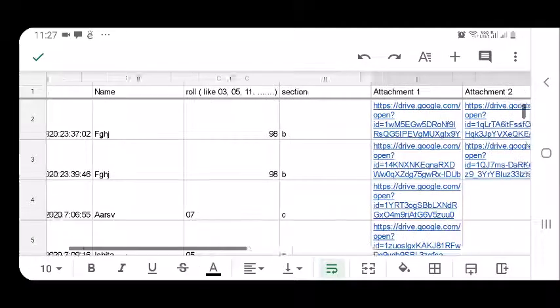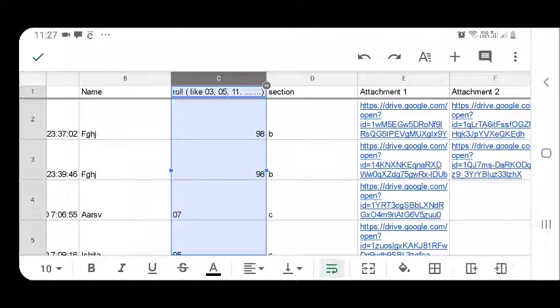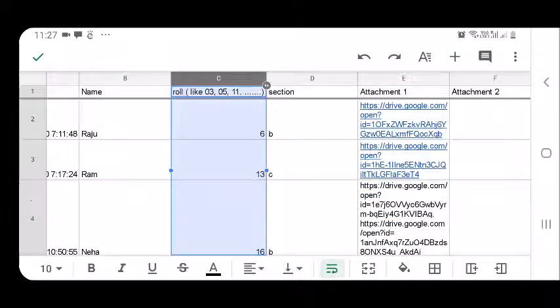If I want to arrange my Excel sheet in ascending order of the roll number, click on the roll number column, the place where C is written, that place you have to click. Click on that C again and you get an option sort A to Z, so use that, and this will be arranged roll number wise. So in this way you can even check if any child has not submitted his work, so you can check it from here, any missing roll number.